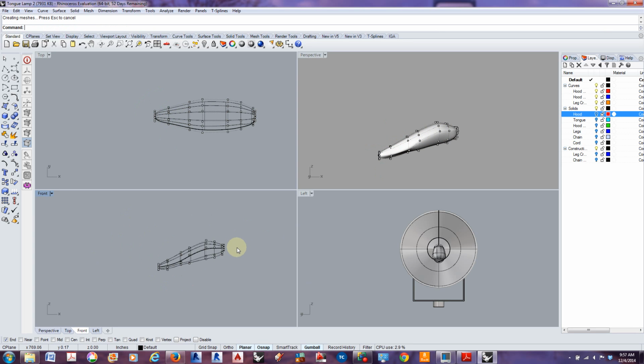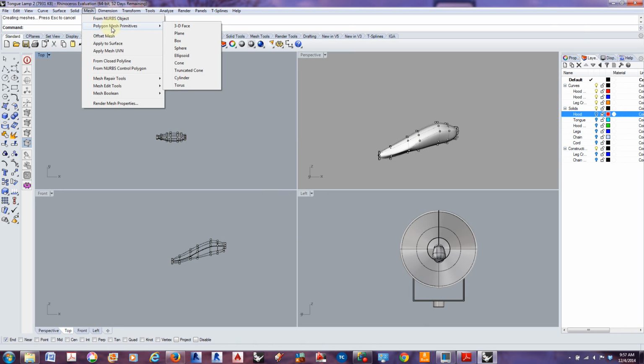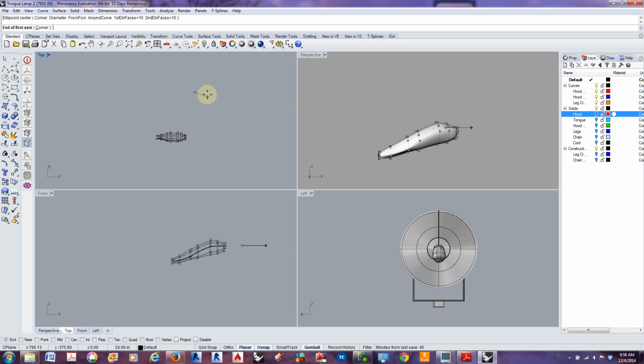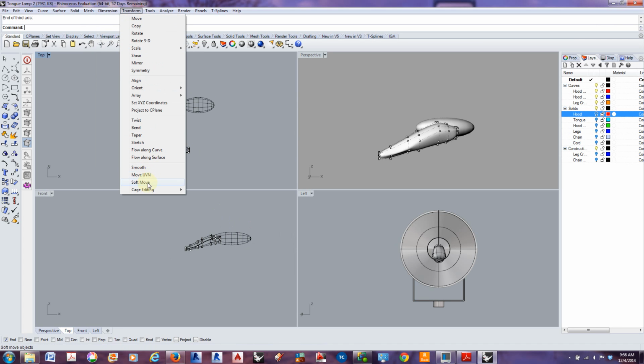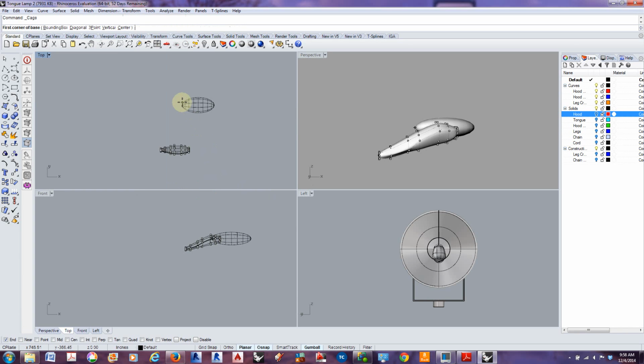Yeah. So that's using the ellipsoid tool. You can also create a mesh ellipsoid. And using, where is it here? The edit cage tool, we can first create,